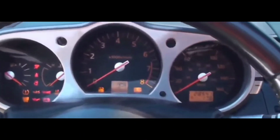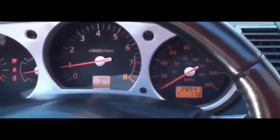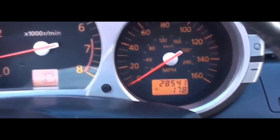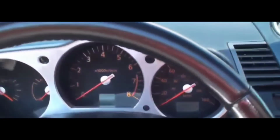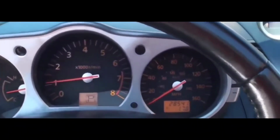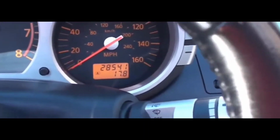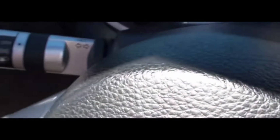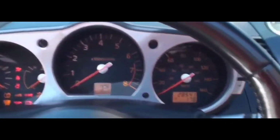Welcome to my video. So just want to do another video on a crank no start scenario and what could possibly cause it, because a lot of these no start issues could be caused by multiple things. It could be caused by a lot of things. So basically, in these scenarios, it's a crank no start,